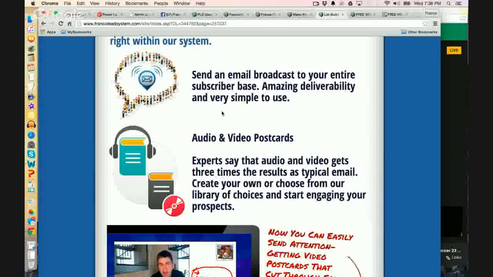In Power Lead System, if you don't want to spend additional money, for the same membership fee that gives you the system, it includes a built-in autoresponder emailing machine where you can create unlimited amounts of campaigns for different offers inside of the system. Now, some people say, hey, that's great and everything, Franco, but I've got my favorite autoresponder. I've got Aweber. Can I link it up to the system? I already have my own Aweber. Yes, if you have Aweber autoresponder, third-party autoresponder, you can link it up to the system.